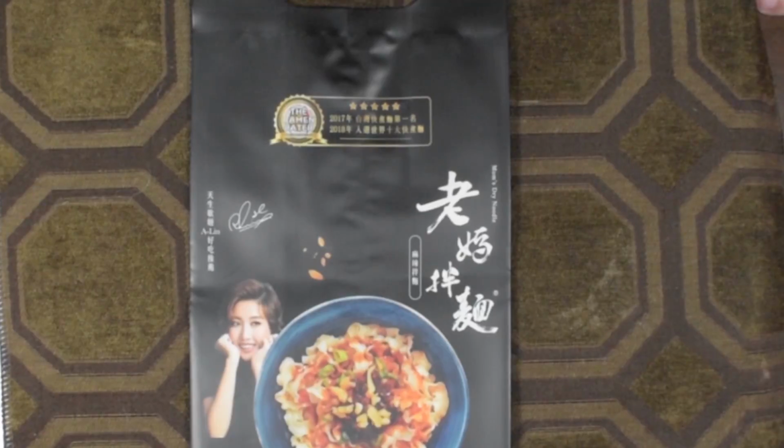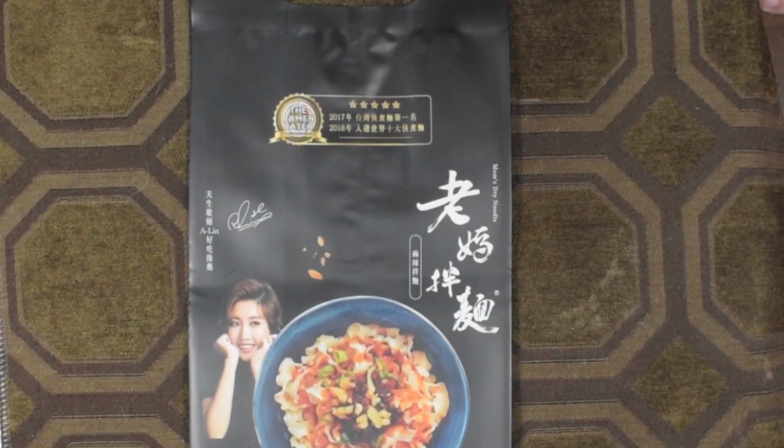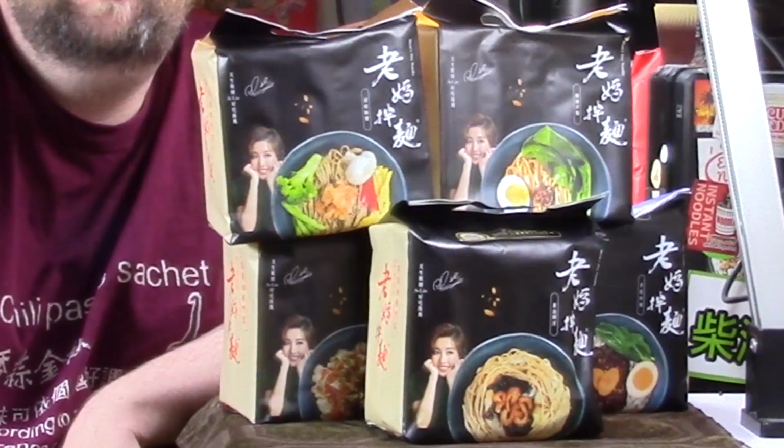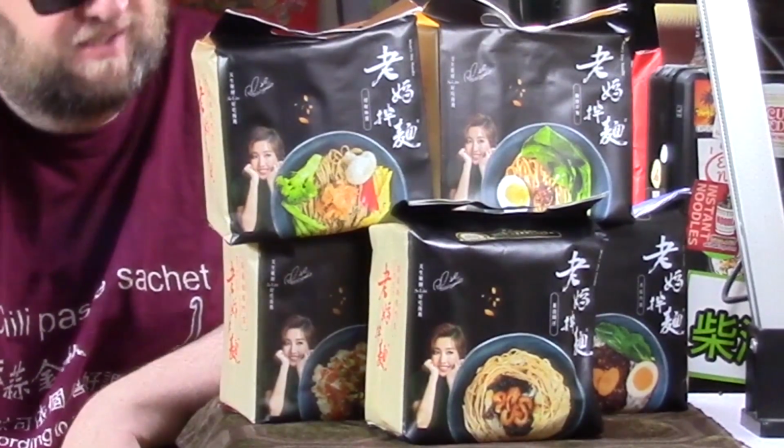I always like their packaging. They're the ones who came out originally with this kind of handled lunchbox design. That's pretty neat. So yeah, very cool. Thank you very much to Mom's Dry Noodle for sending these along. Really neat. And you'll be seeing a lot of these, probably all of them, in future episodes of my new